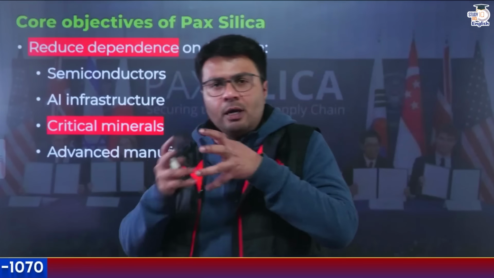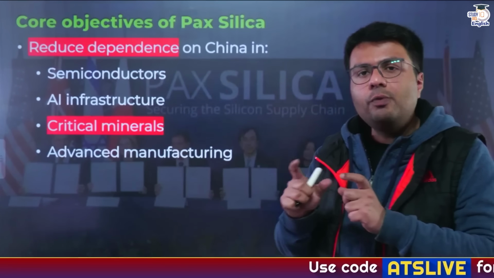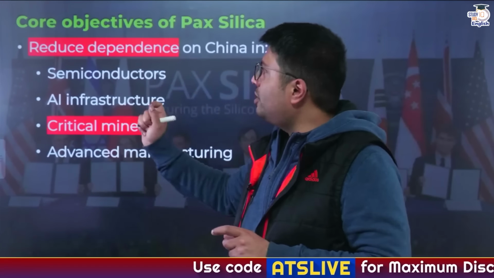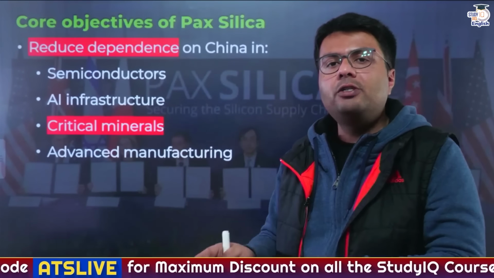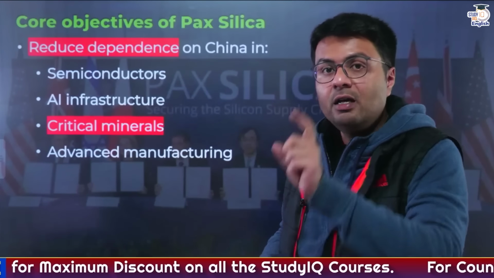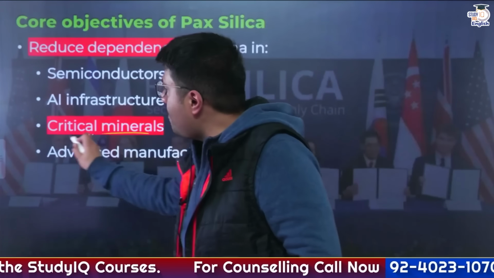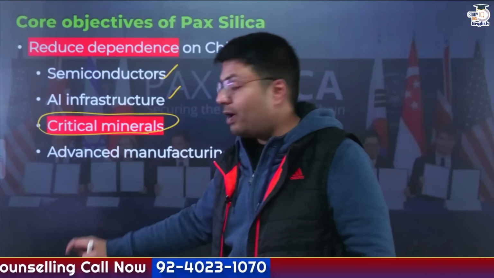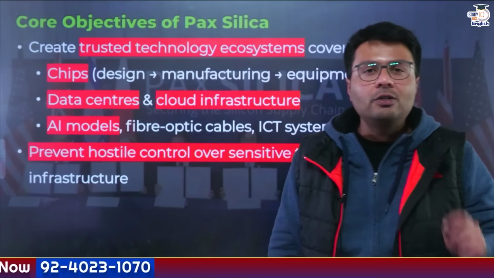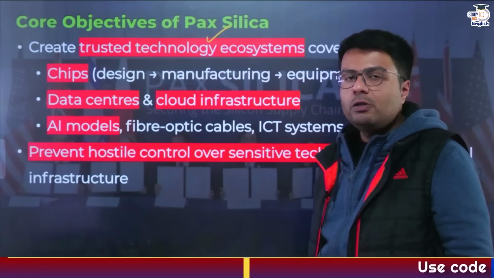Now you need to understand what are the core objectives of the Pax Silica initiative, what this initiative wants to achieve. First of all, this initiative wants to reduce the dependence of the global supply chain on China, especially in the areas of semiconductors, AI infrastructure, more importantly critical minerals and rare earth elements, as well as advanced manufacturing. In addition to that, this initiative also wants to create a trusted technology ecosystem which would